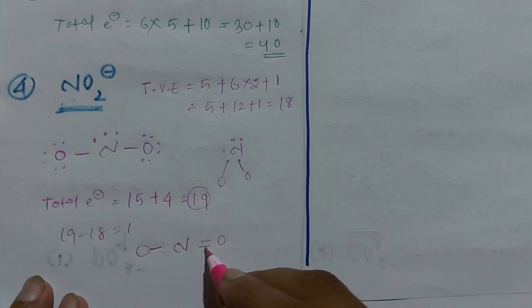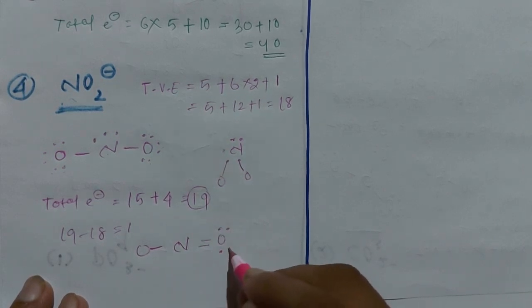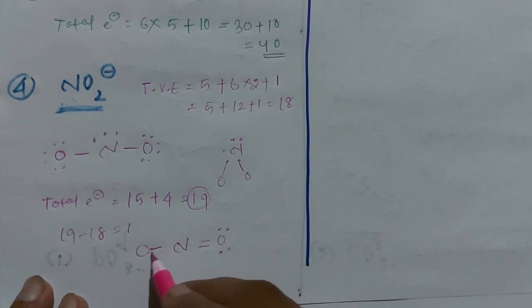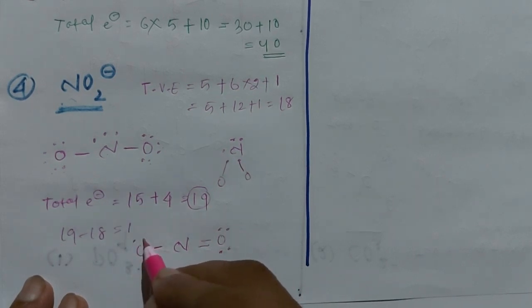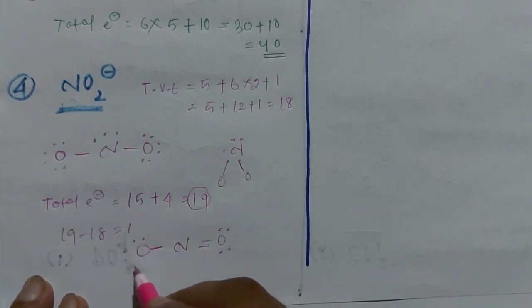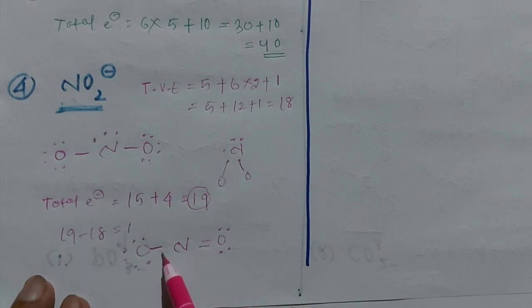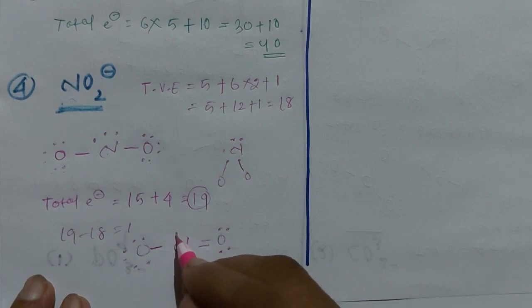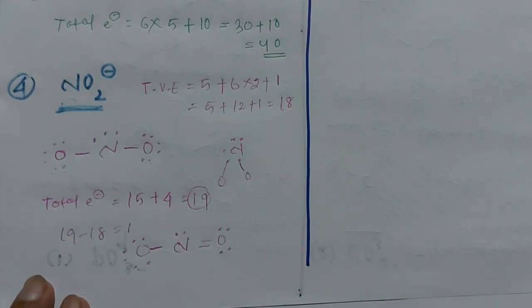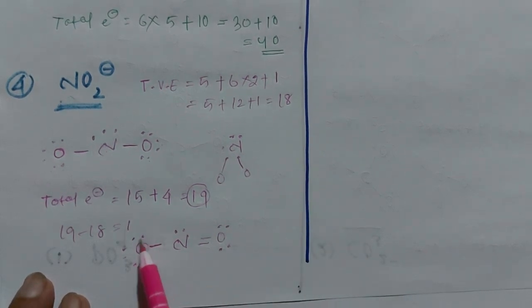Here 2 bonds means 4 electrons, so it needs another 4 electrons for the octet configuration. Here 1 bond means 2 electrons, therefore it needs another 6 electrons. Now this nitrogen contains 2 bonds, that is 4 electrons, and here 1 bond, that is 2 electrons. So 1, 2, 3, 4, 5, 6, 6 electrons are there. So we will add 2 electrons for the octet configuration. Okay, so now we will calculate the total electrons. So the total electrons here are 2 plus 2 plus 3, 6. Here 6 electrons are there.